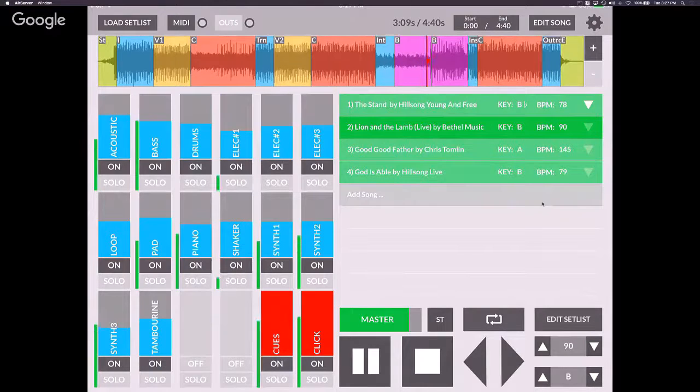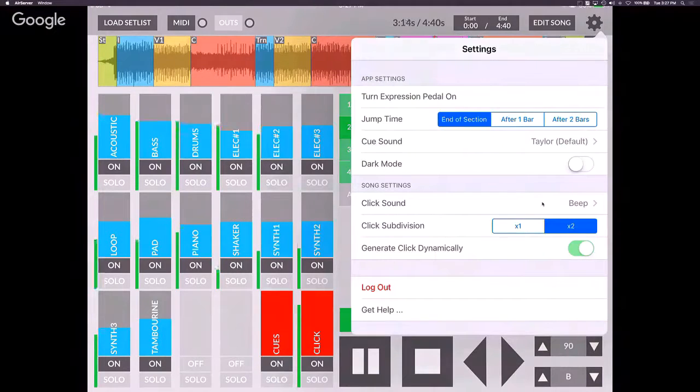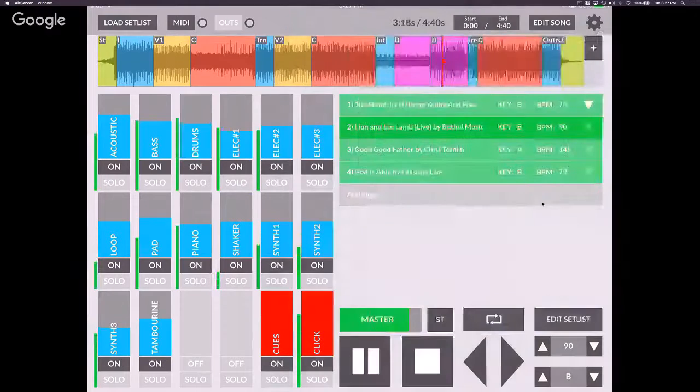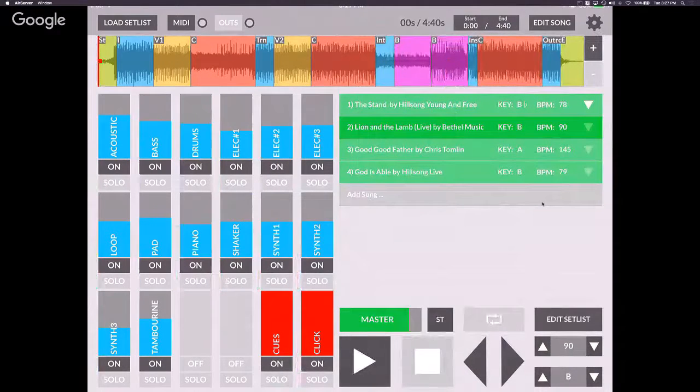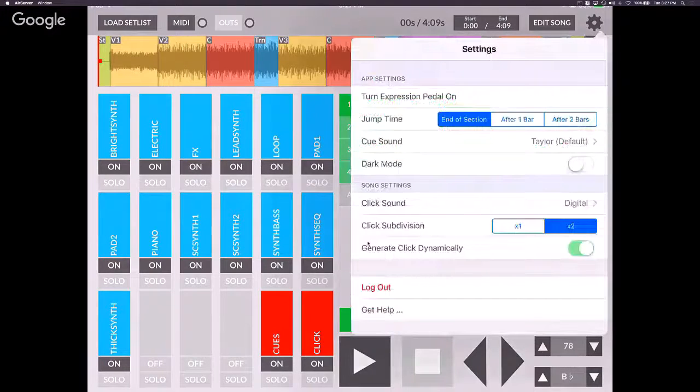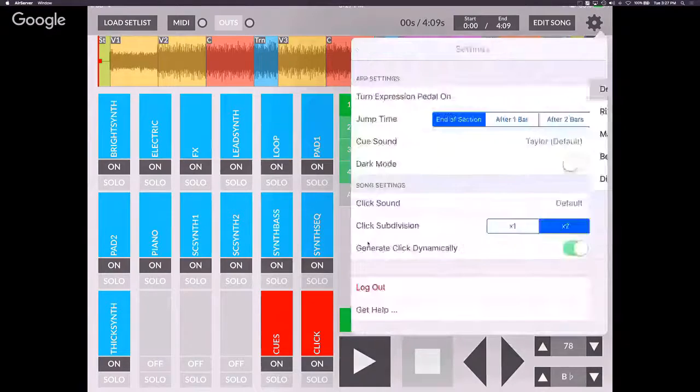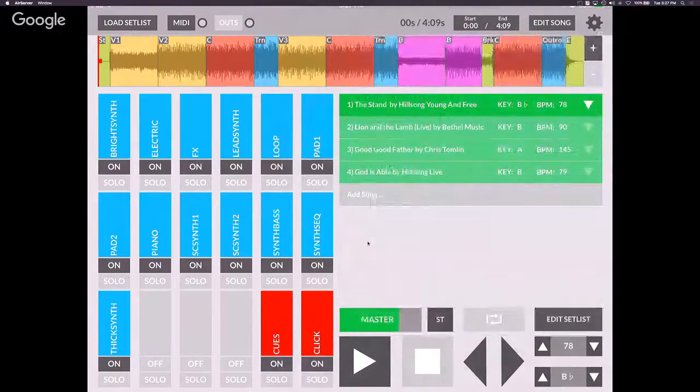So whatever of these works for you is best. I like to stick to the digital one because I'm used to Ableton, and I feel like it cuts through the mix a little more. And again, just like we were talking about these mix levels here, the same goes for the click settings. So if I go to the stand and I tap the settings, and go to default, now my song on the stand has the default click sound. If I click on Lion and the Lamb,